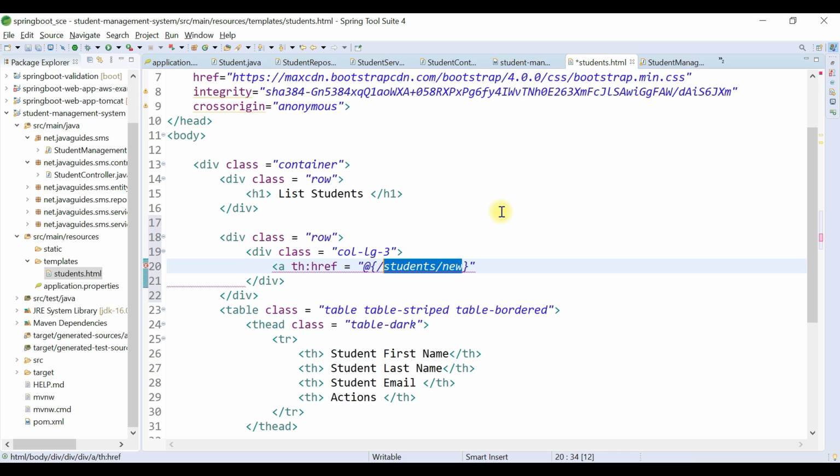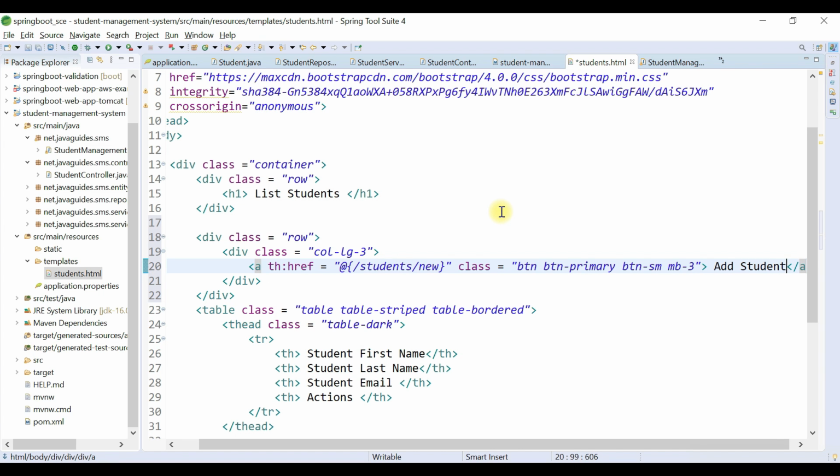Okay, so this is the request URL that we are going to handle in the student controller a bit later. And then let's add Bootstrap CSS classes here: btn, btn-primary, btn-sm, and mb-3, and let's give the button name as Add Student. Okay,